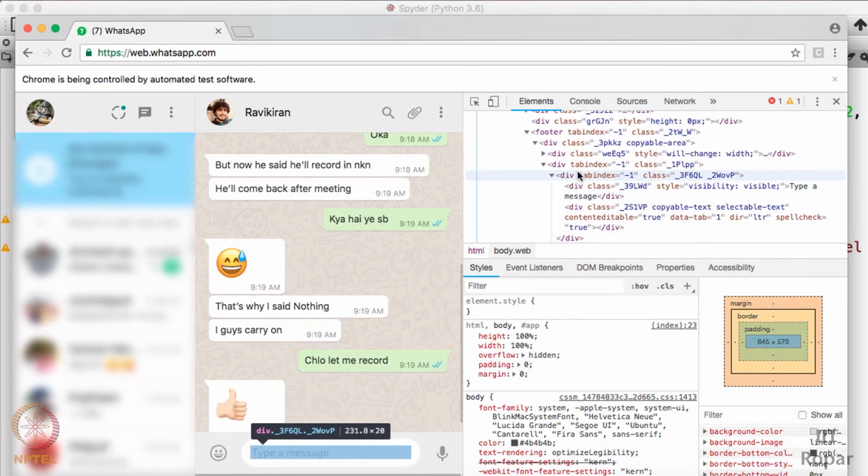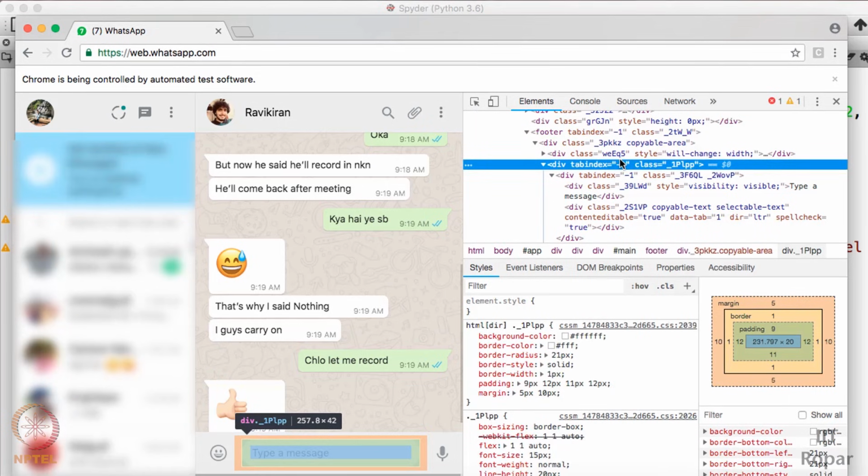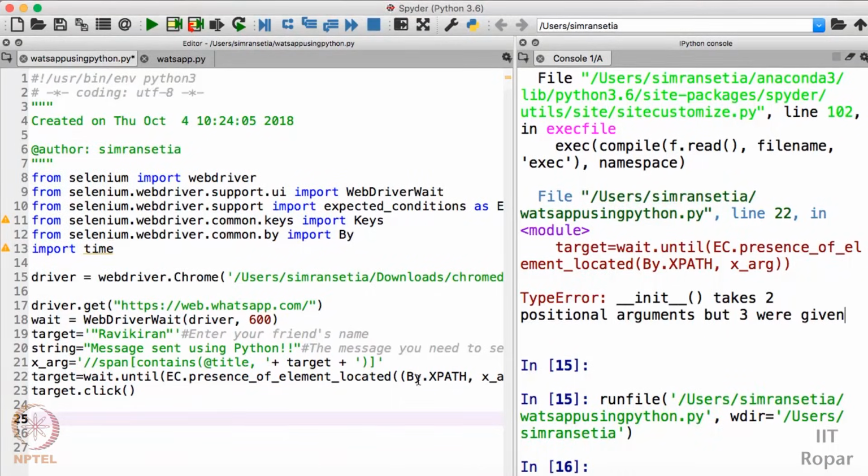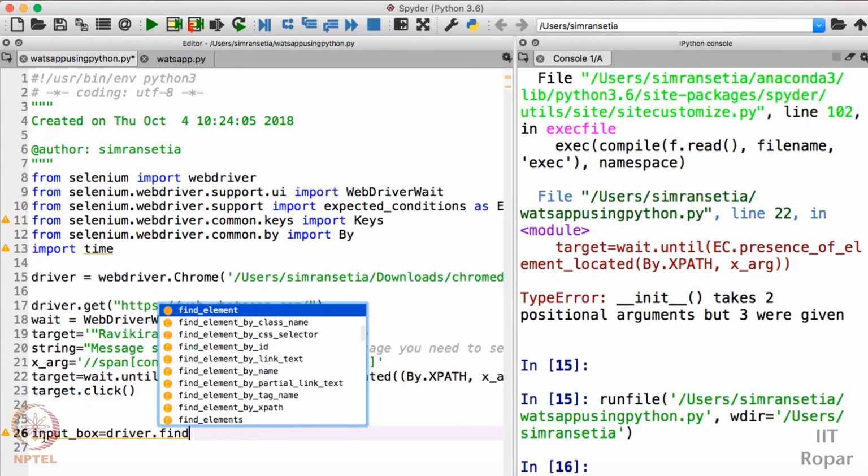As you can see, it is under the class _1PLPP. Here, div tabindex is equal to -1 and the class is this. So I'll be using this particular class to locate the text box. How can you do that? I'll name it input_box. I'll write input_box is equal to driver.find_element